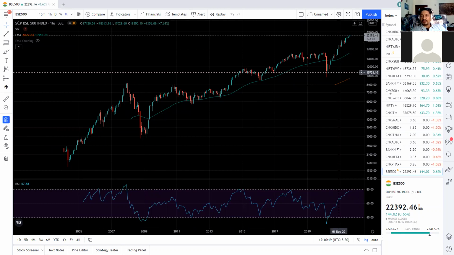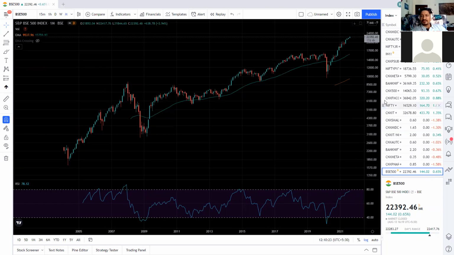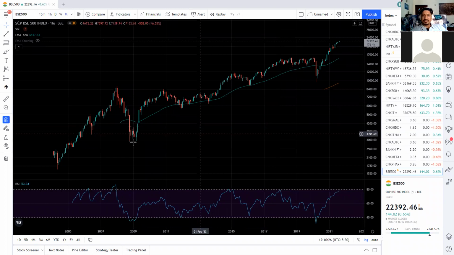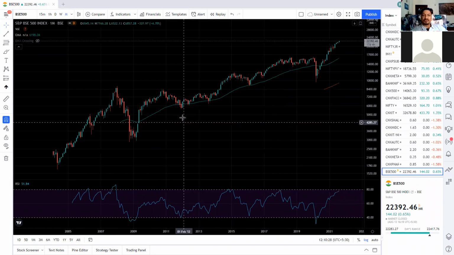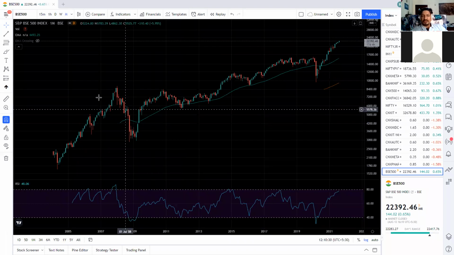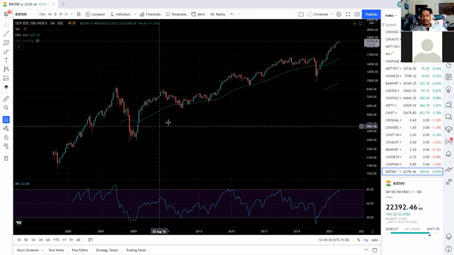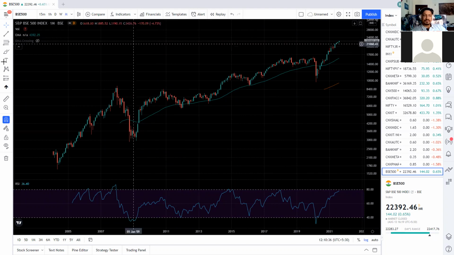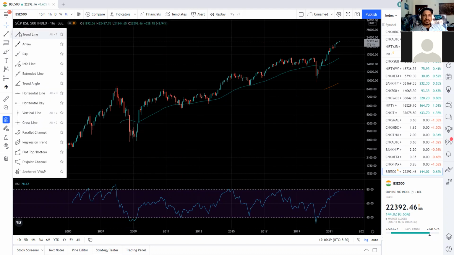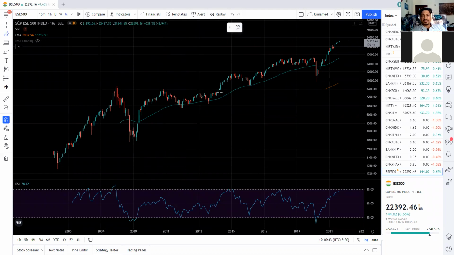I don't want to delete my lines on the Nifty 500 chart. So let's start doing it on BSE 500, how to proceed from zero, how to start making the trend lines, channels, and those things. So first of all, we'll see what is the trend here. Obviously, we can see it's an upside trend. There is no doubt. It's an upside trend.